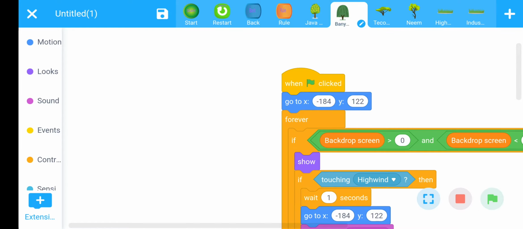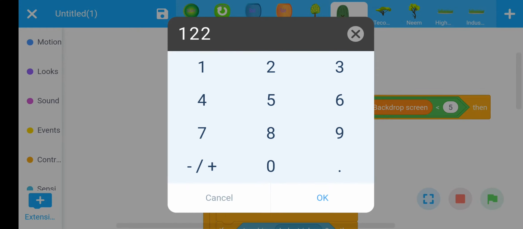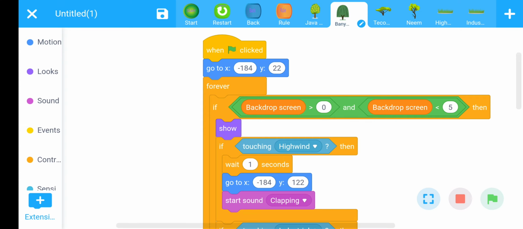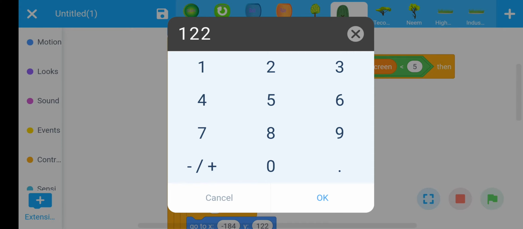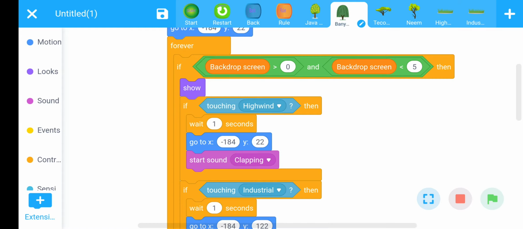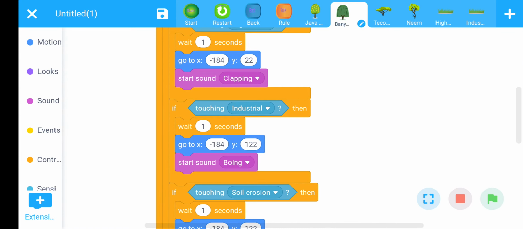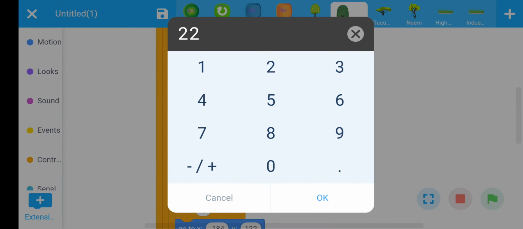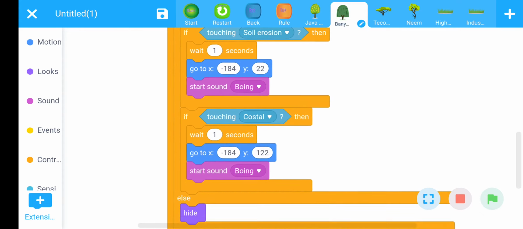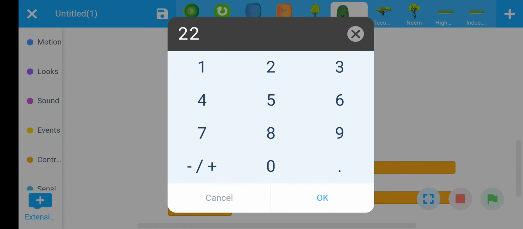Replace that with 22. Here should also be 22, then 22, 22. Fine.